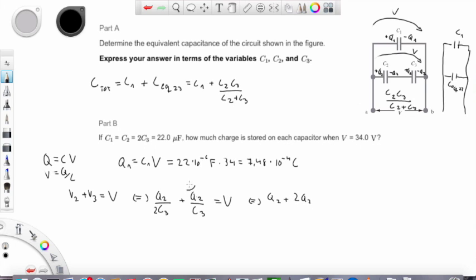So I multiplied numerator and denominator by 2 here. 2 times C3 equals V, which gives 3 times Q2 over 2C3 equals V. And solving for Q2,